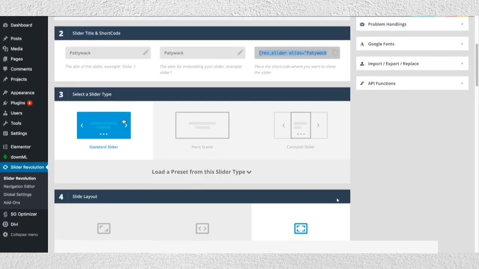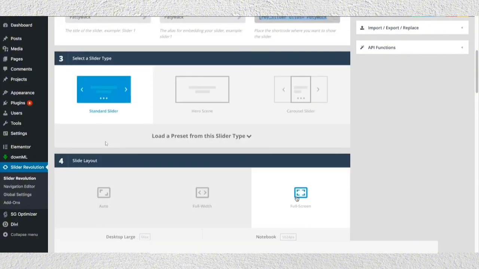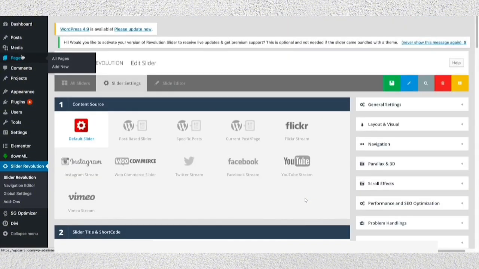Now, after that, select the slider type as standard slider. And then after that, choose the slide layout. So we're just going to be choosing the full screen. And then after that, just click on